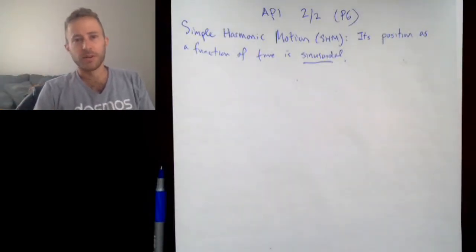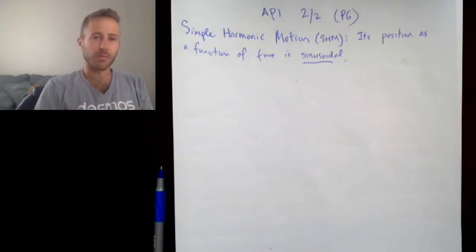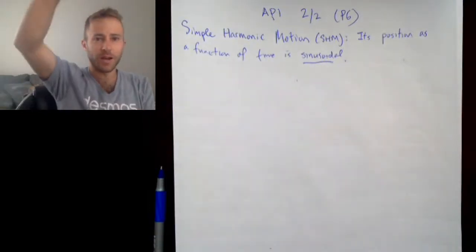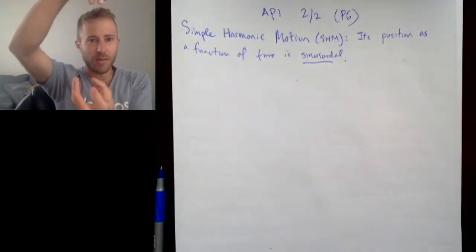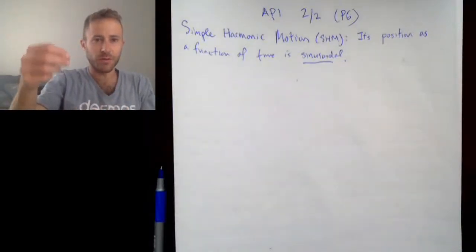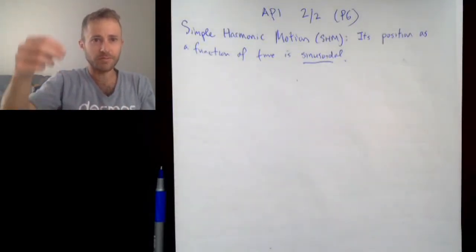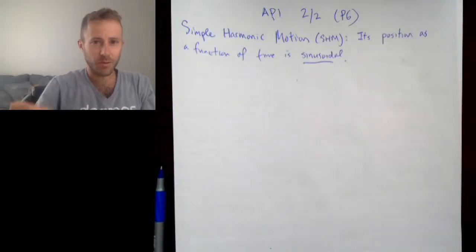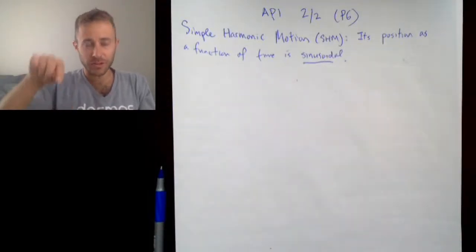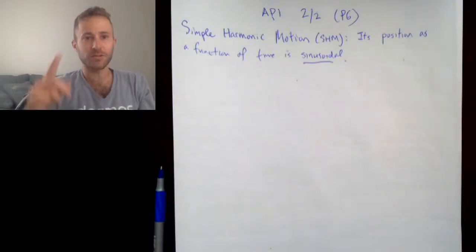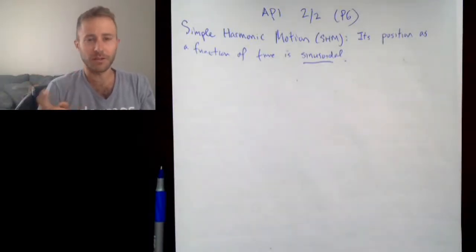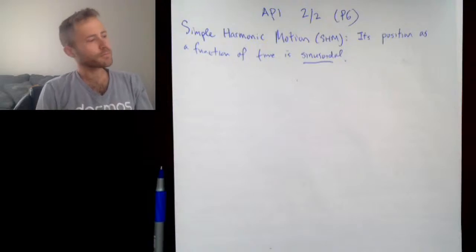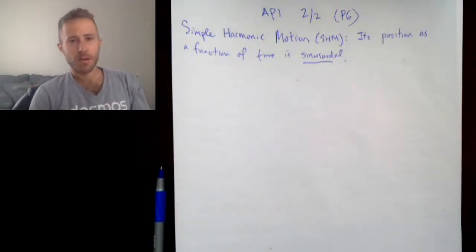You can have vertical simple harmonic motion where maybe you have a rubber band and you tie a mass to the end of it, and the mass is going boing, boing, boing, boing. So it's a sine. Their position as a function of time is described as a sine. It goes up and down and up and down. Okay, so